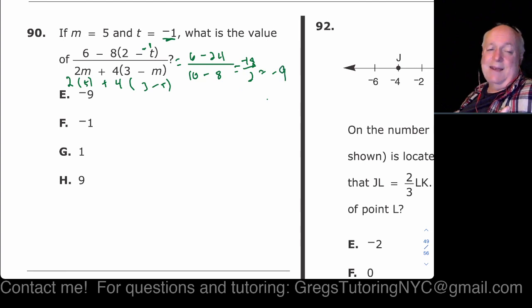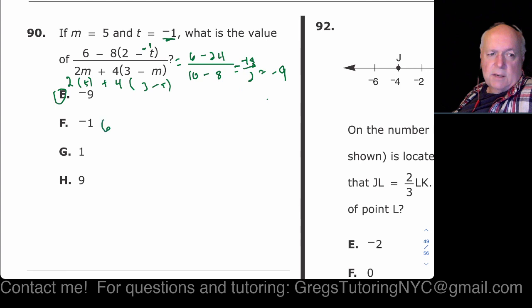We could plug in second. That is probably a little nastier, but let's do that for proof of concept, because one of the things you should be doing when you solve the math questions is try to do it two completely different ways and see if both results match. So what we're going to do is expand out the distributive property first, and then plug in second. All right, so we're going to have 6